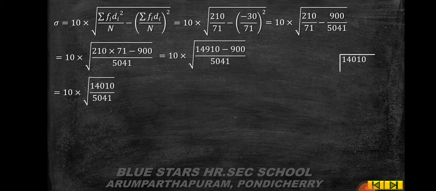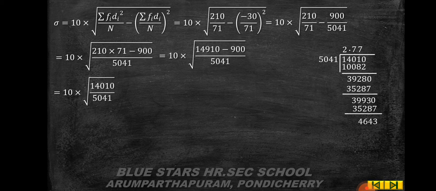For 14,010 by 5041, 2 times 5041 is 10,082. So the remainder is 3,928. Then put the decimal, add 10. 7 times 5041 is 35,287. The remainder is 3,993. Then again 3 times 5041 is 15,123. The remainder is 4,643. Again 9 times, you get root of